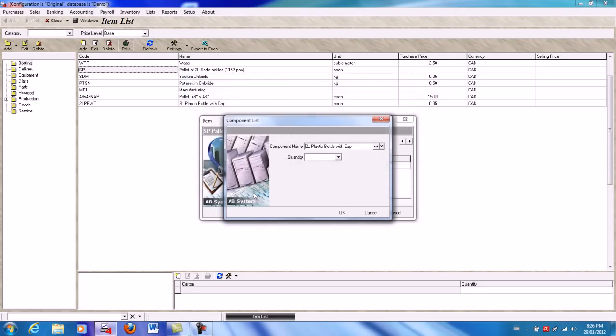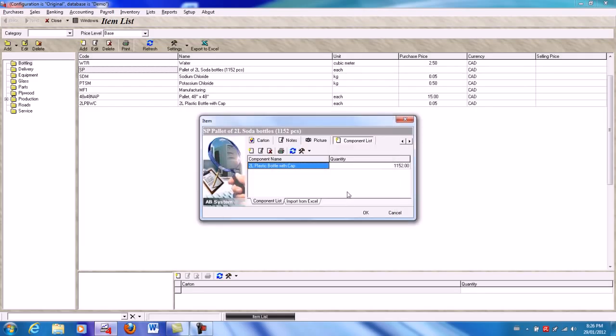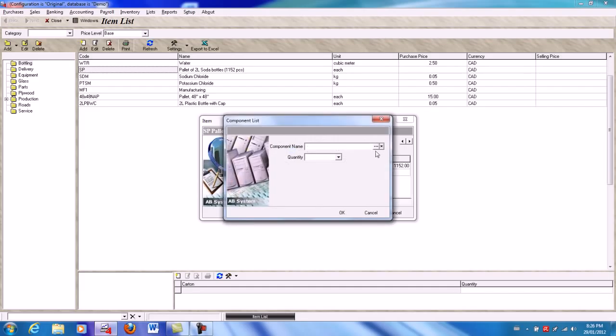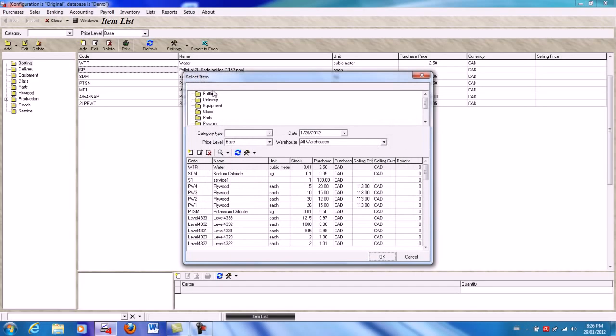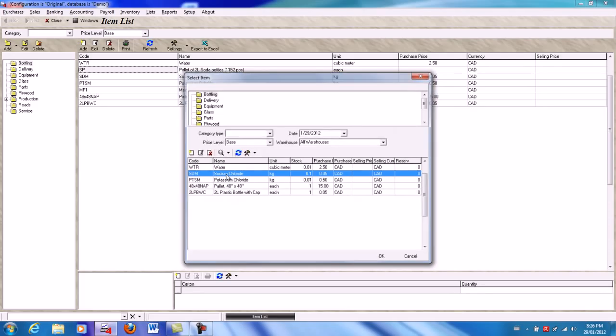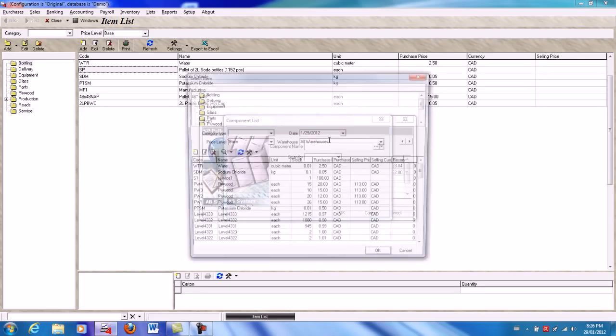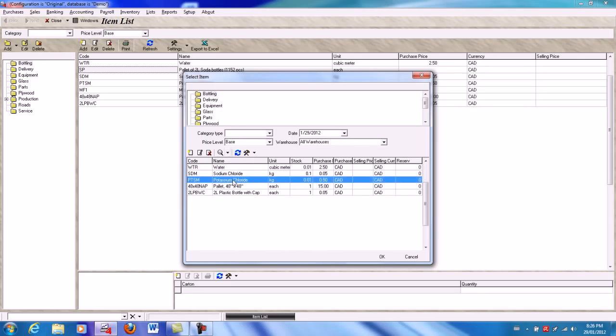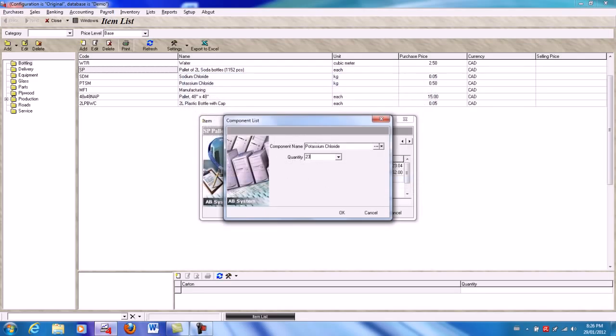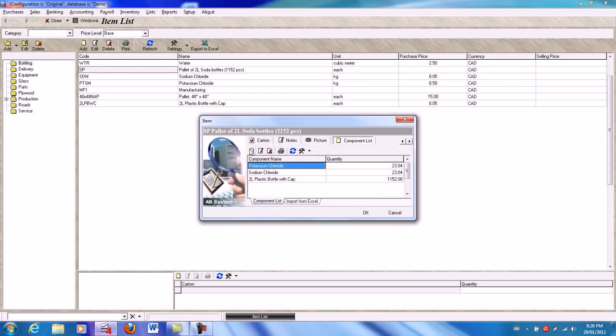1,152 bottles and caps from the inventory. Then you need to add another component of sodium chloride at 23.04 kilos. Now you can add the potassium chloride at 23.04 kilos as well. And finally,